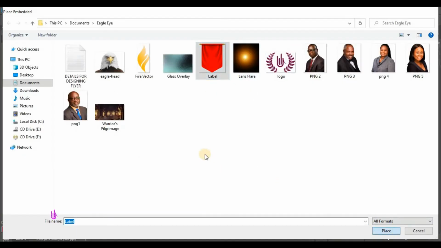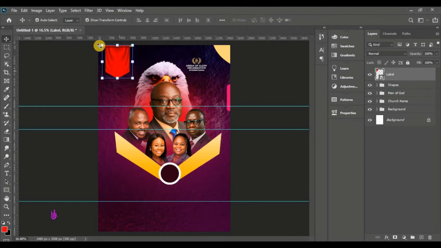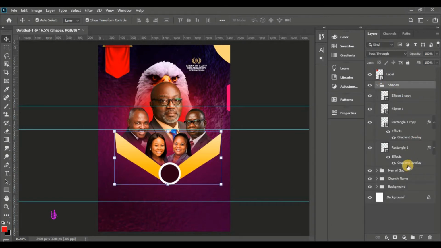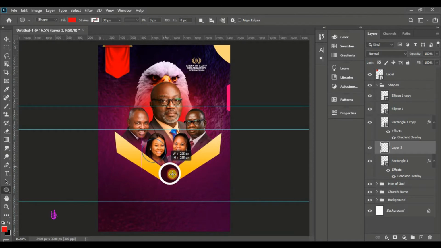Okay, so let me import our other image. I'm going to import this label right inside Photoshop. This is our label and it's just a PNG image, and I made the selection and everything so that you guys will find it very easy when using. So this is our PNG label. You resize it and position it at the top left corner of your screen like this. So from here what we're going to do is